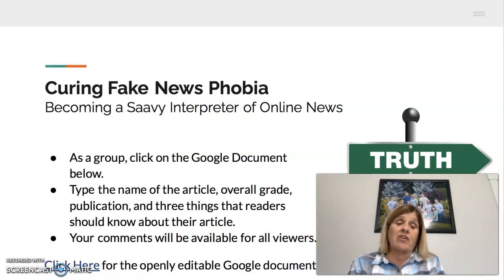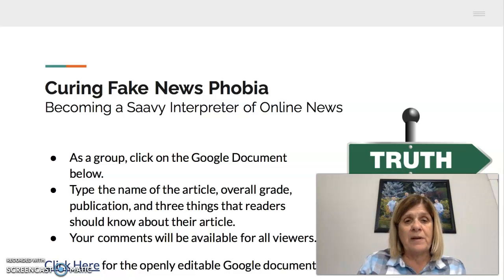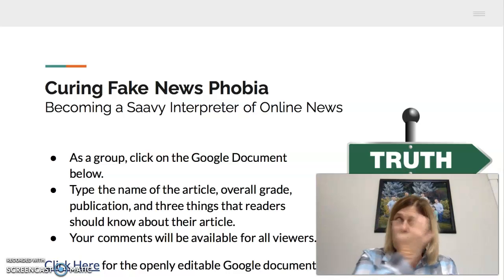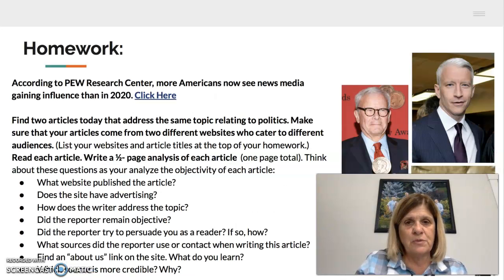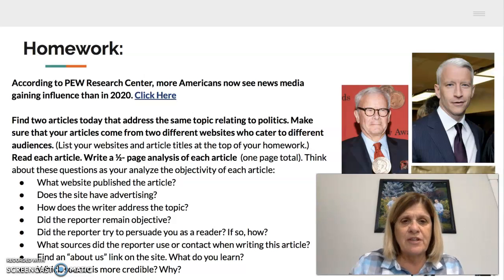Once you have read the article, you will open the document on this slide, which takes you to a Google Doc. You'll get points for this. Find your class period and complete it on the article you read. What we're actually doing in class is discussing how much of the big picture we see this bias in our news, which then leads us into our assignment, Pew Research.